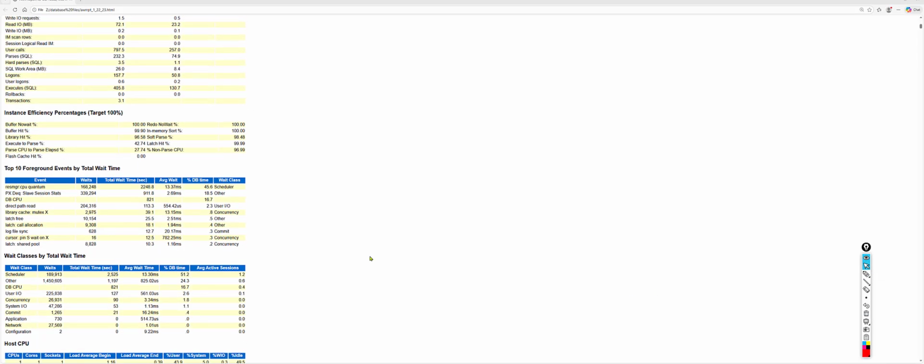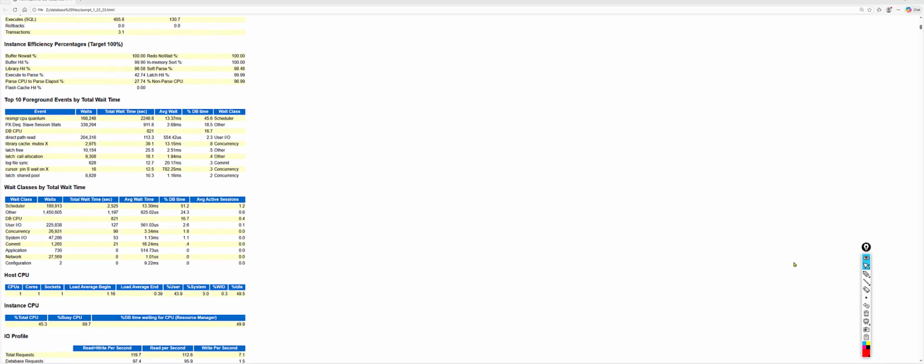Okay, so next comes the instance efficiency percentages. This is also quite ratio based, proportional. So buffer no waits, buffer hit percent, library cache hit percent. Most of the time these will be 100, or it should be greater than 90. If something is 50%, say for example, then you need to focus on that